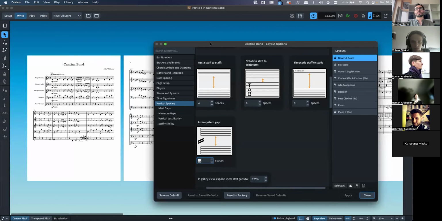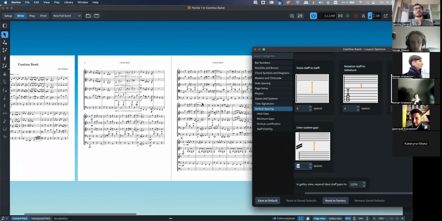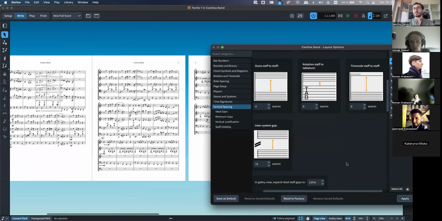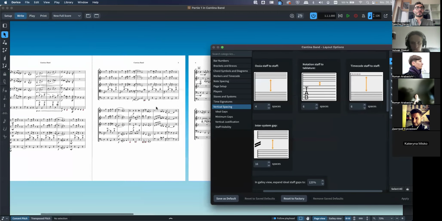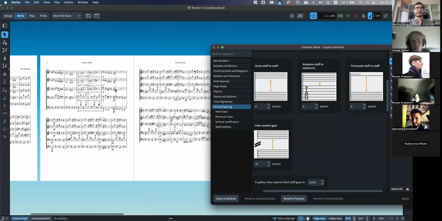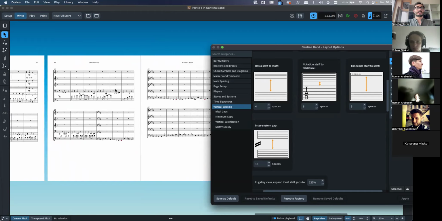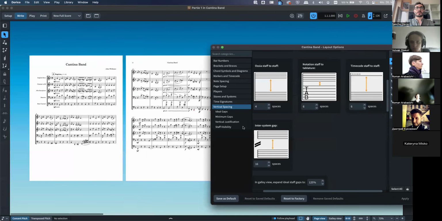And I would just increase it a little so we can get rid of these 3 systems. So this is what I would use here, just to make this 16, for example. Hit apply. And now we only have 2 systems per page throughout. And if I now turn back on